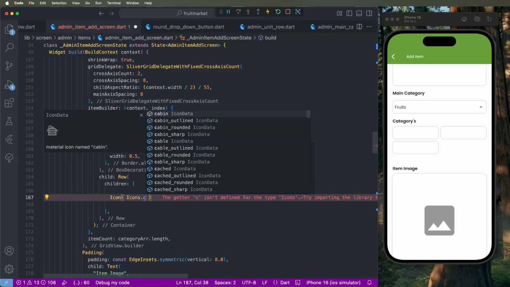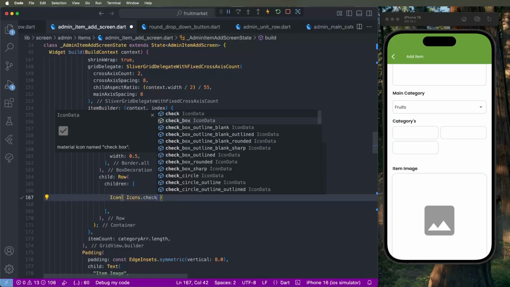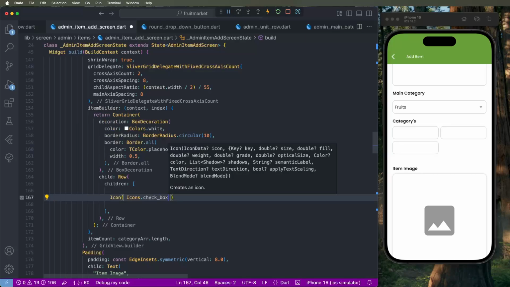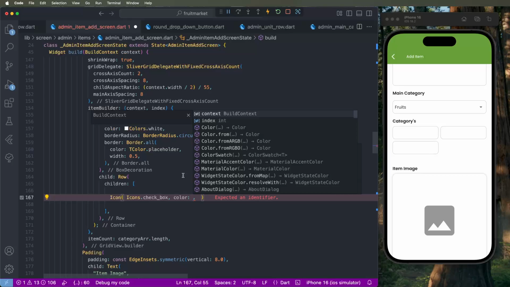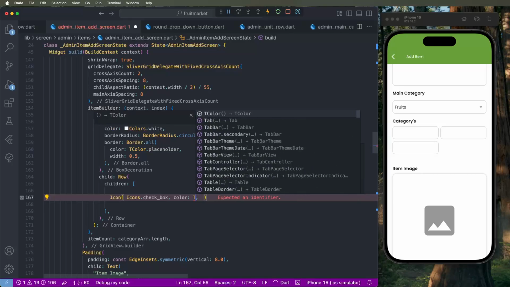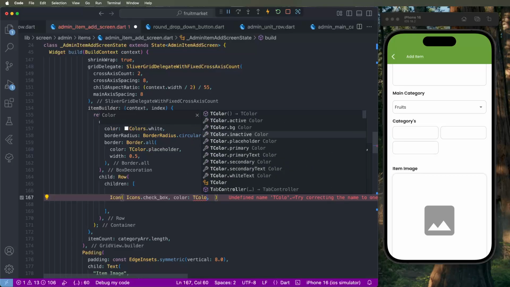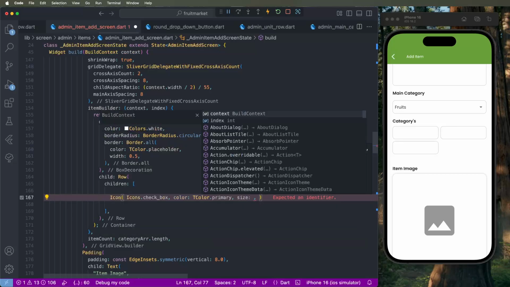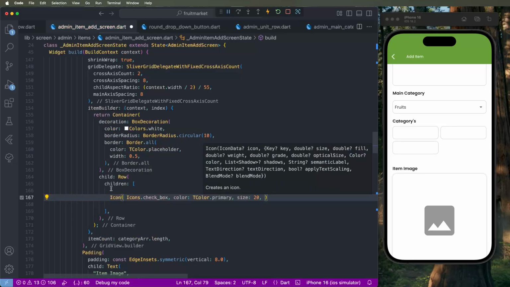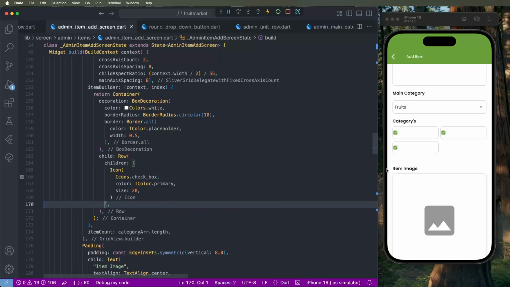Need to give this here the checkbox, check, set here the color, the color, primary colors, size we need to set this here the 20 like this show, and show like this